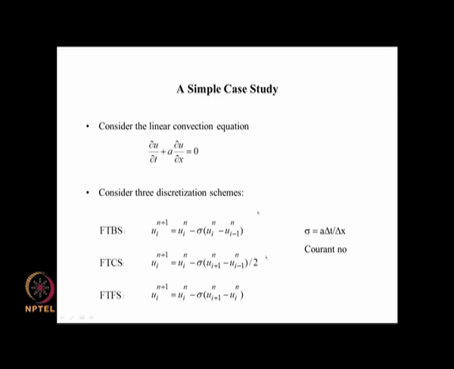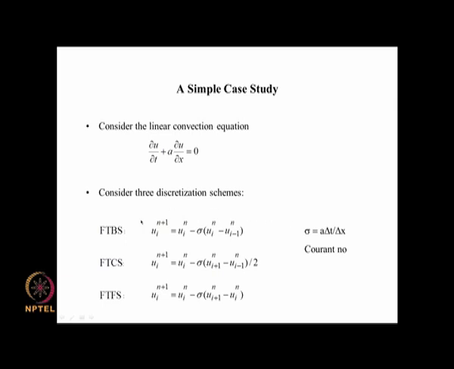Okay. And if you look at the way the solution evolves, that is, for a given set of initial conditions, how the ui n plus 1 changes with time, how the spatial variation changes with time, is governed entirely by the initial condition and the Courant number here. And what is this Courant number? It is the velocity A, linear convection A, we will come to that, and delta t by delta x. So, the delta t is the time step that we choose, and delta x is the space increment that we would have chosen here.